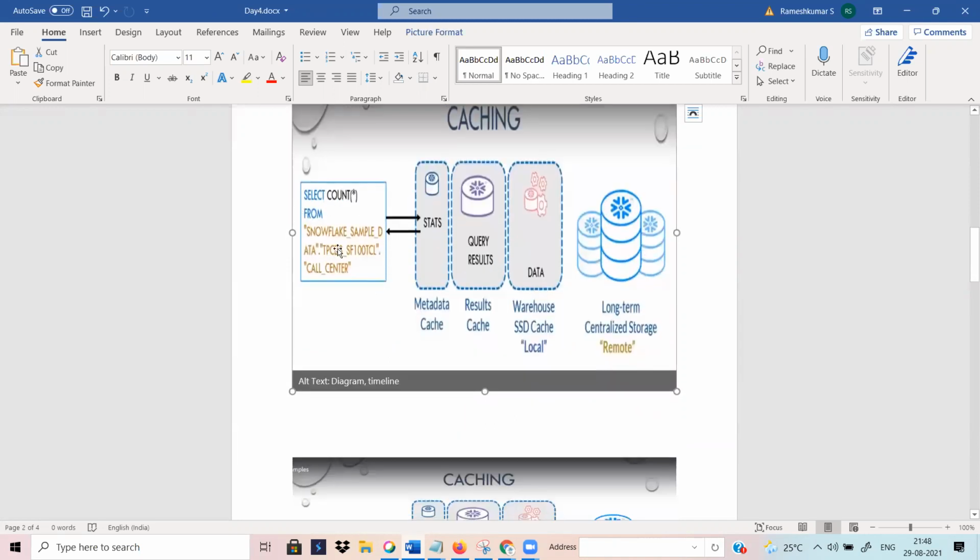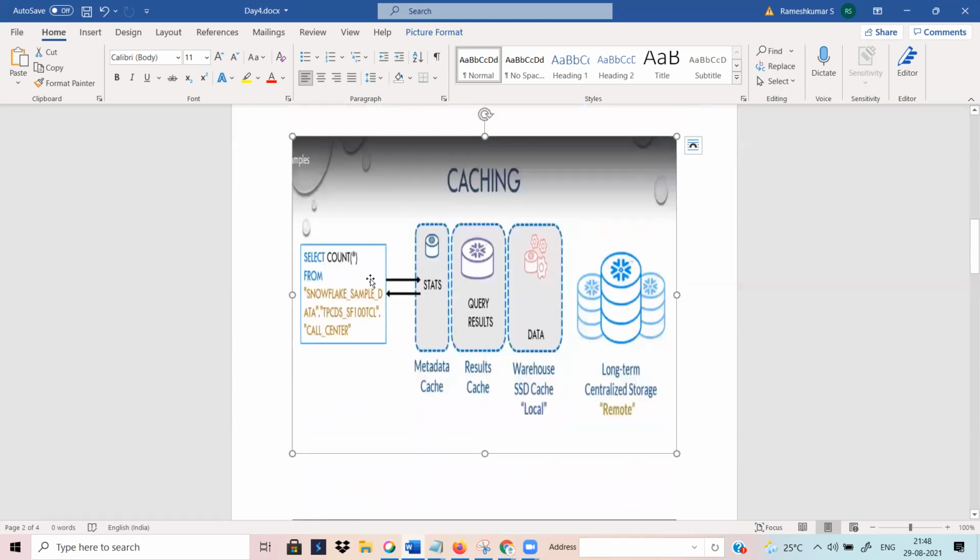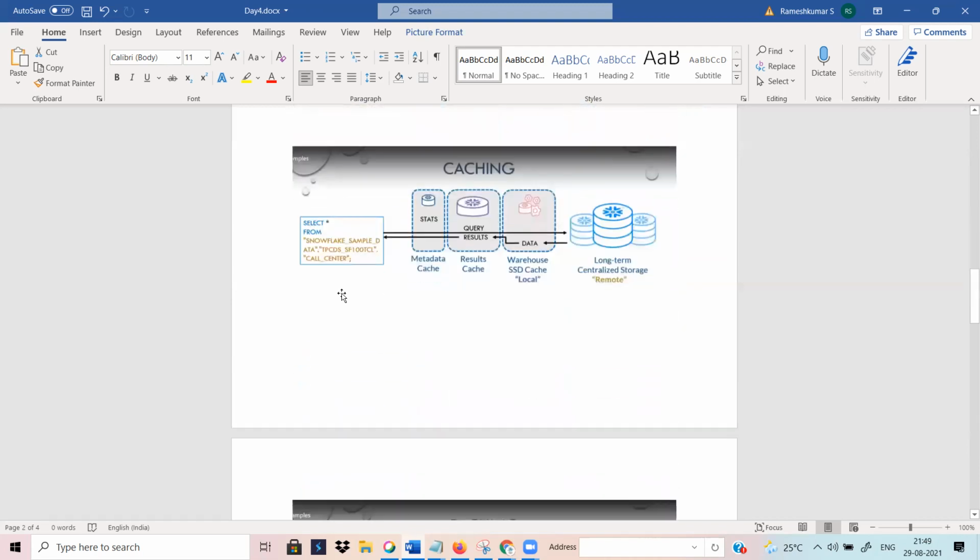You select the count of star from this table. What happened here? This count of star is communicating with your cloud services. The cloud services maintain the metadata cache. It directly gets the statistics information, like count of star, current timestamp. So when you specifically use these, it is not going to computing with your vWarehouse. It directly gets the data from here. Did you get this point? Metadata caching, you got it? Yes, I got that.